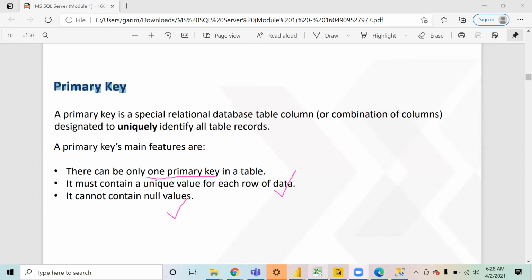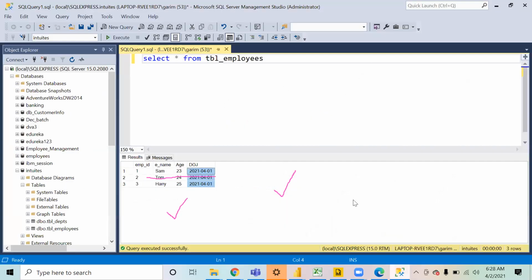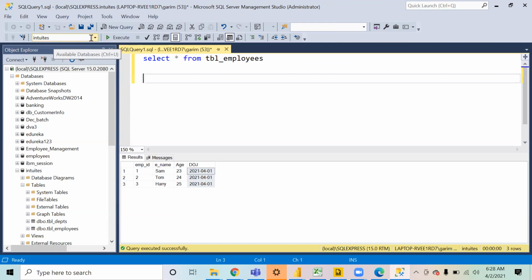So if I come back to the SQL Server, you can all open the SQL Server now. First of all, you have to activate your database of Intuit.